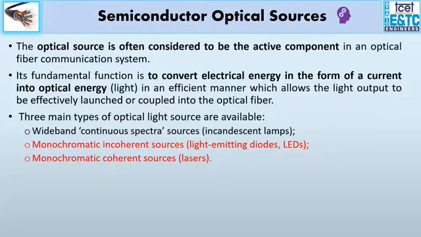And if we compare LEDs and lasers, the LEDs have a large spectral width and are therefore used for short distance optical communication, whereas lasers have a very small spectral width. They are coherent sources, that is, all the photons coming out of the device will be in phase, and hence will have a smaller spectral width. When I say incoherent, the photons, that is the light output from an LED, will not be in phase, and hence they have a larger spectral width.